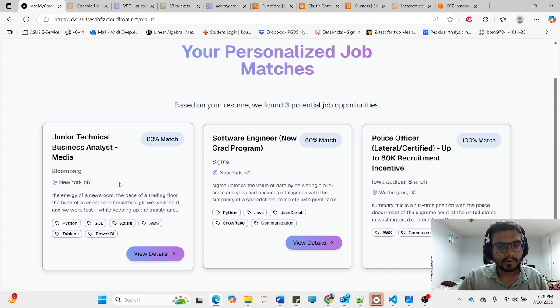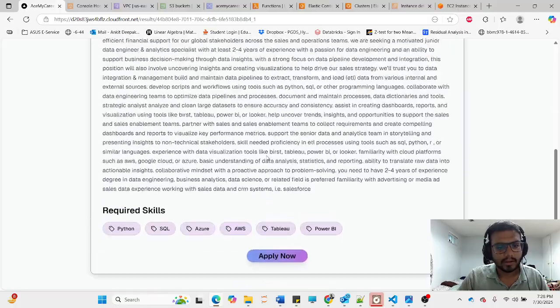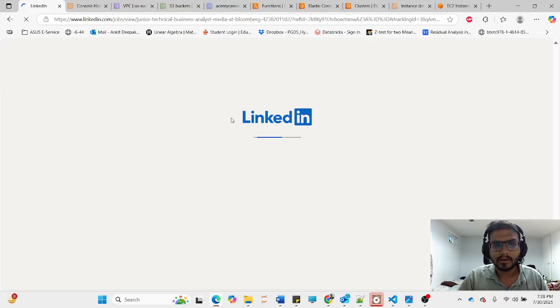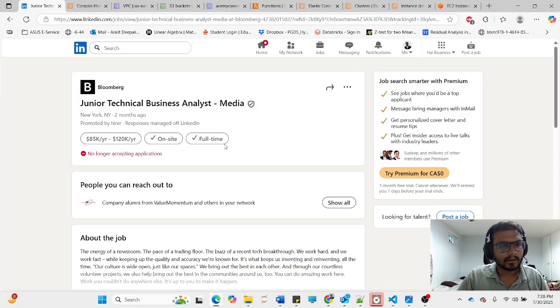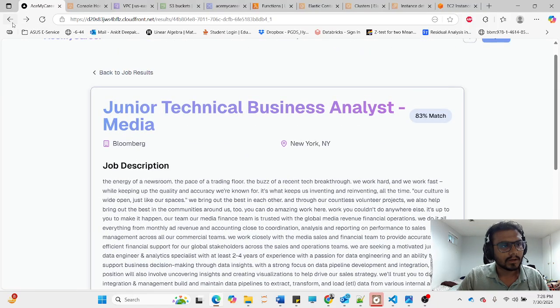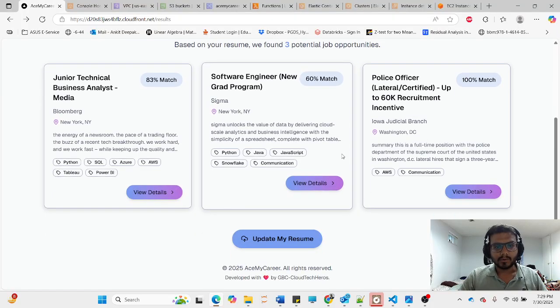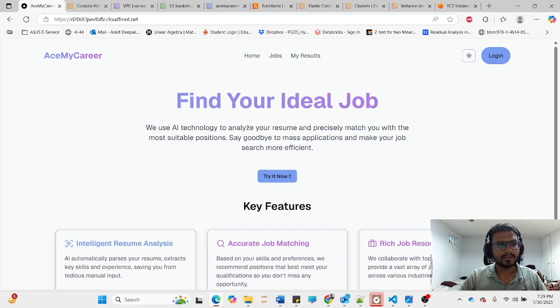and if we click this job, it will show me the details of the job. And if I click here, apply now, it'll take me to the website where the posting was originally given. And so if I go back, that's how our website looks and functions. So it's a pretty good working application that we made. And if we log out, it'll take me to the home page. So this was our app that was developed, and